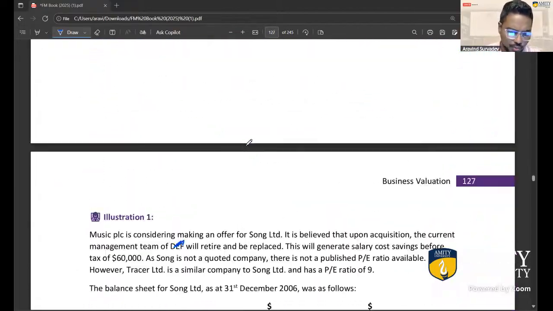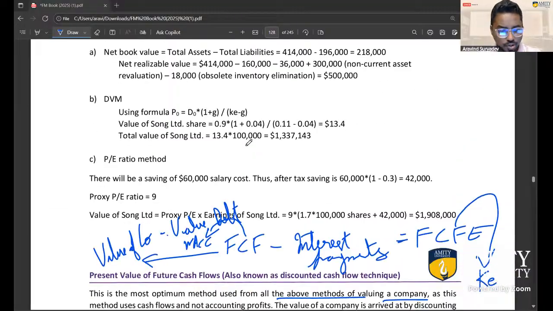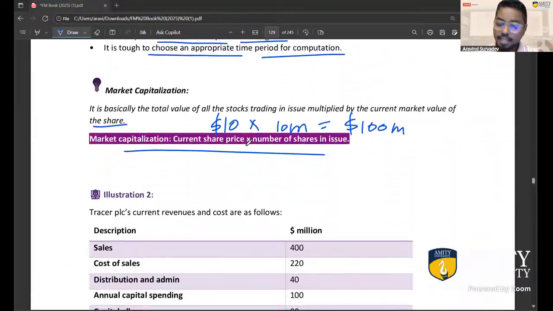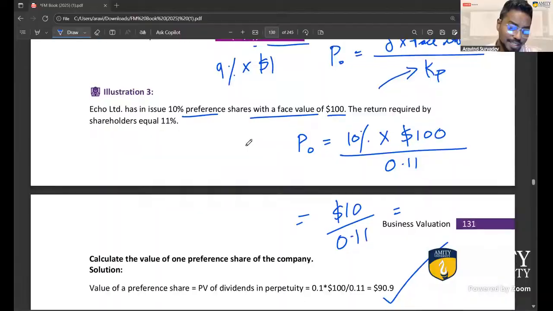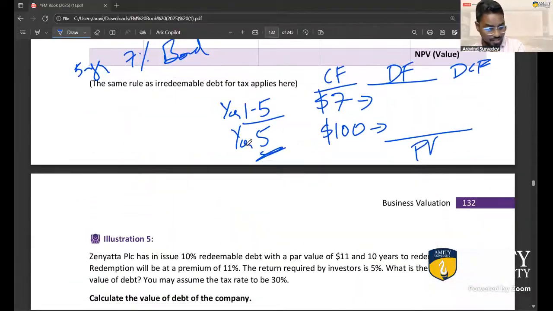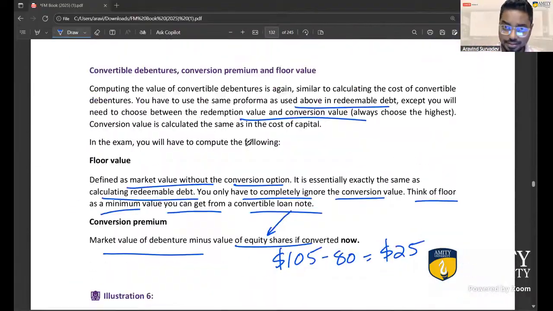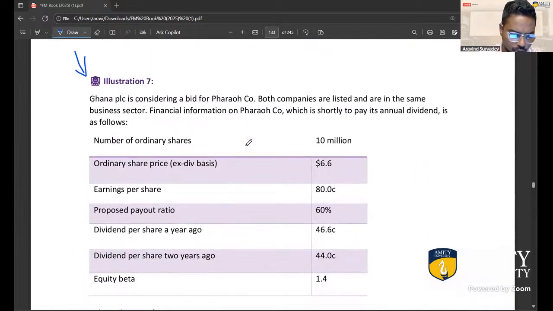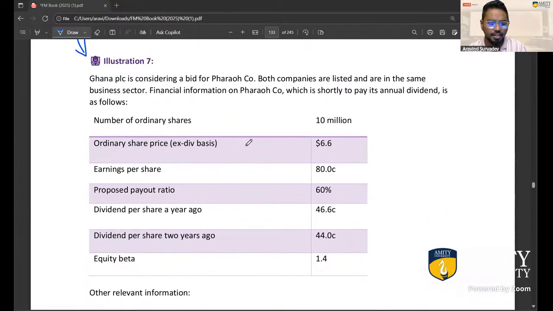Now, to move forward from there, we have a bunch of portions to cover, so I'm not going to spend too much time on this. Since you guys are anyway watching the recordings, please watch the recordings of the said portions, because this is very important to your learning. Now, illustration 7 is where we were supposed to start. It's a good recap of all the topics that we have covered, through a question.